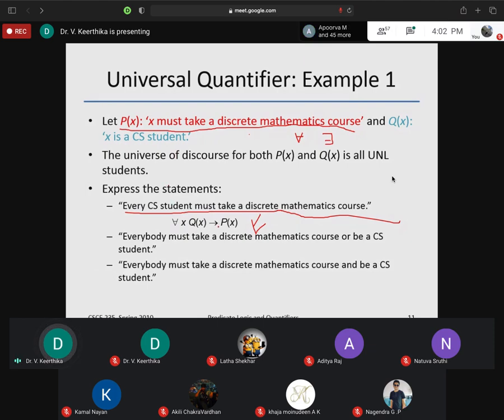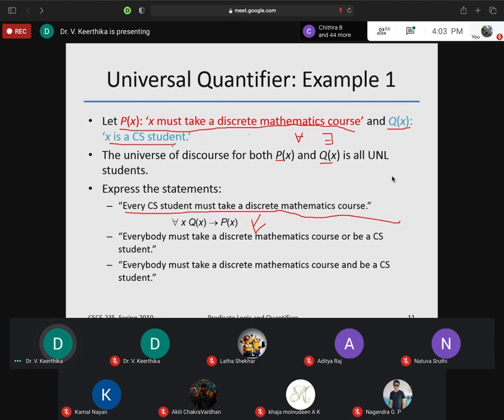Here I have P of x and Q of x, two predicates. What is the first predicate? P of x: x must take a discrete mathematics course. Then what is Q of x? Another predicate, Q of x: x is a CSE student.